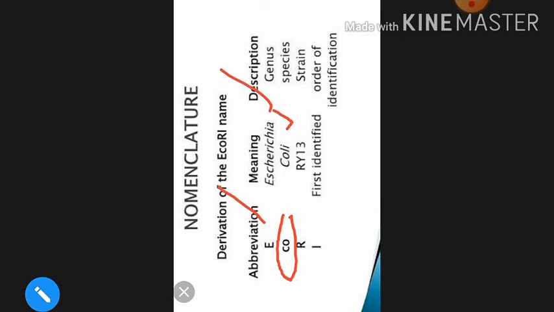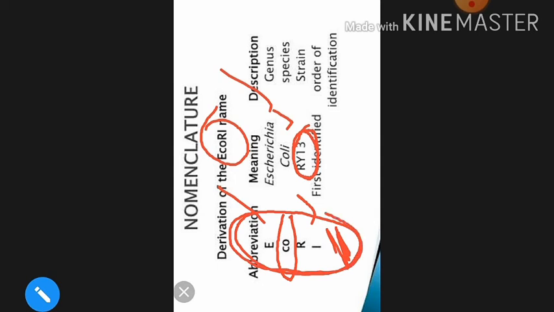Escherichia क्या हो गया, that is the genus, species coli, that's why we have to give CO, and R that is the symbol of strain, कि किस तरह की strain से हमने बैक्टीरिया एंजाइम को सेपरेट किया, तो RY13 से हमने इस एंजाइम को सेपरेट किया है. And 1 that is the order, that is the enzyme in which they have to be identified, this one have to be isolated. Okay, so EcoRI, the simple abbreviation or the meaning of these depending upon the genus, species and the strain of the bacteria, and I or 1 that is the order in which they are isolated.